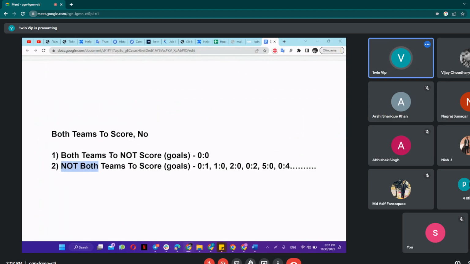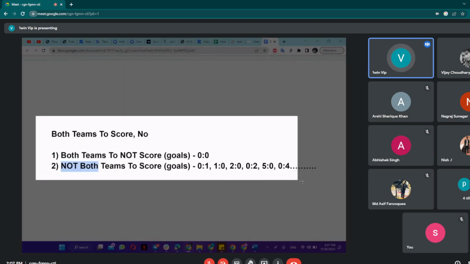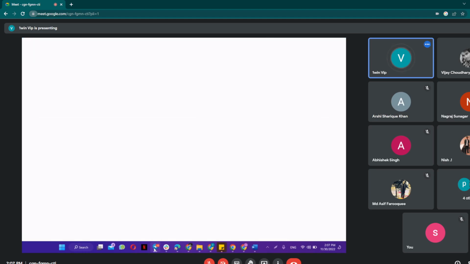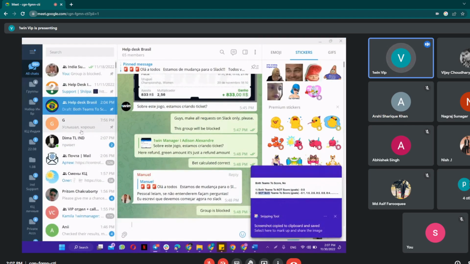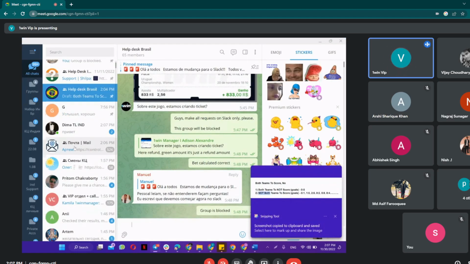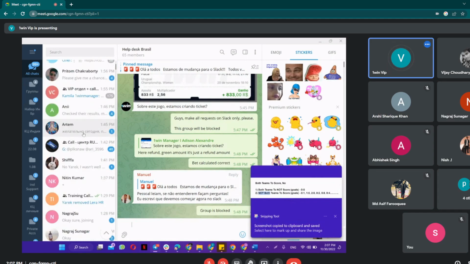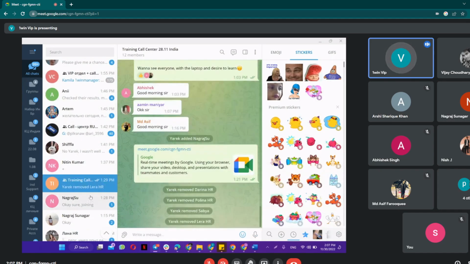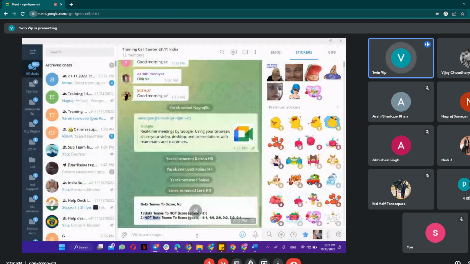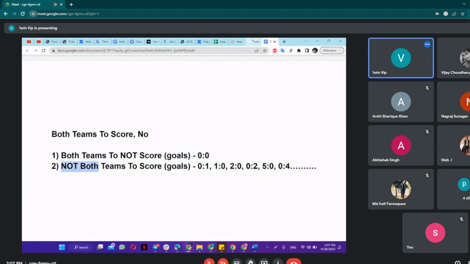In these cases, this bet will bring a winning amount for the client if the outcome is like this. Let me send you this just in case to remember it. Okay,